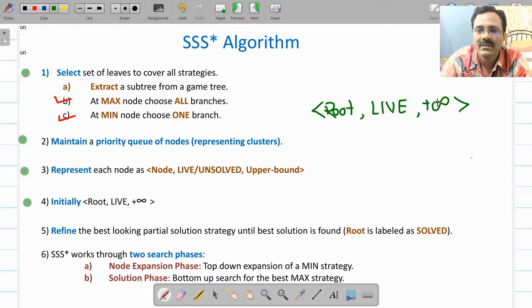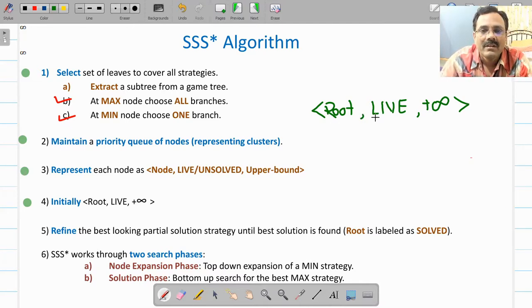Right now we don't know, so assume that plus infinity, similar to that of your alpha beta cutoff algorithm, because you are working from max point of view. So therefore plus infinity, you have initialized that value, or plus large.